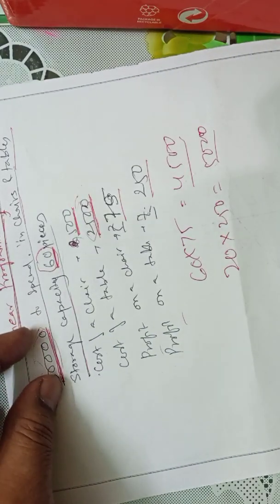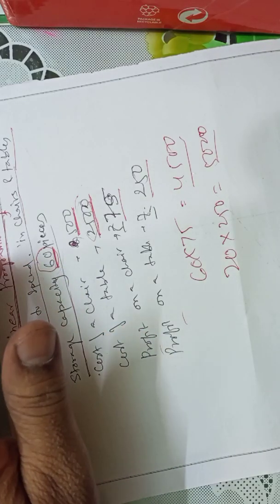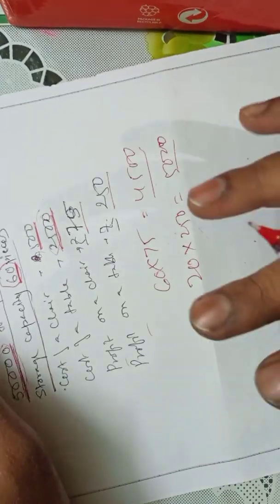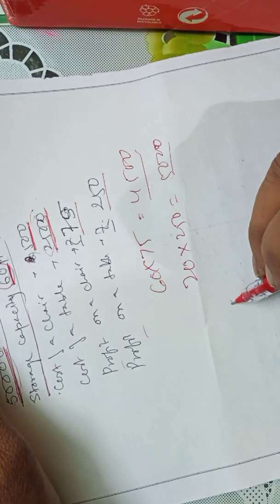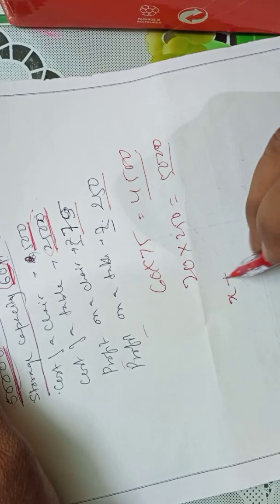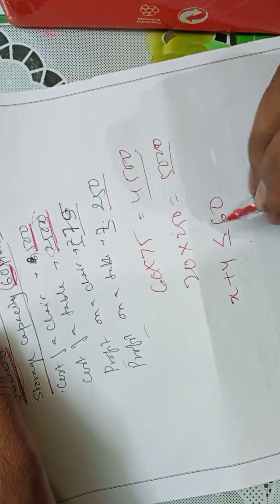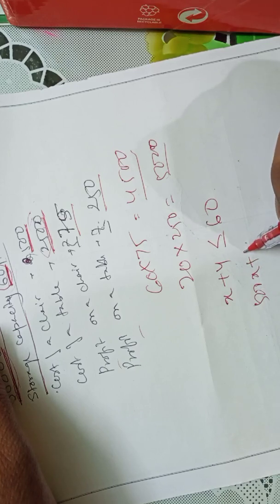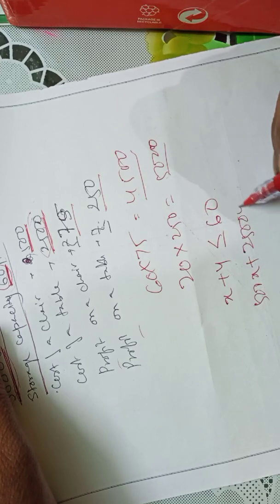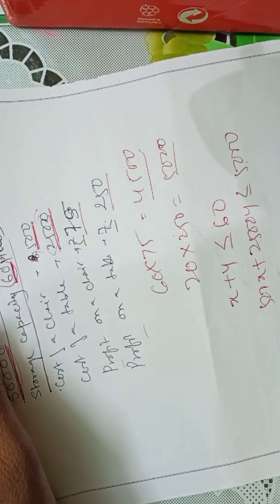So what should we invest so that the whole money is spent, the whole capacity is utilized, and you get the maximum profit? This we will learn in linear programming. Okay, we'll take the number of chairs be x, the number of tables be y, then x plus y should be less than or equal to 60. Then again, 500x, the cost of x chairs, plus the cost of y tables should be less than or equal to 50,000, and we'll solve them and get the answer.